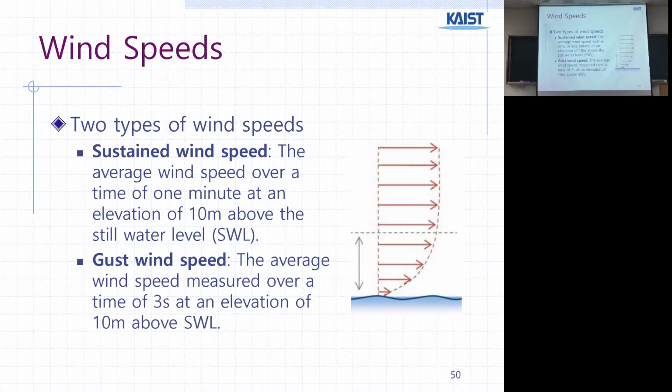Wave speed, height and direction are changing. But I guess wind changes speed and direction more frequently than water. So here, sustained wind speed means average wind speed, because I'm trying to design a